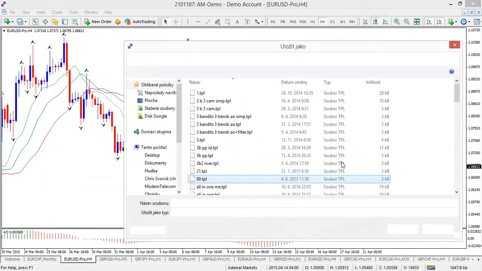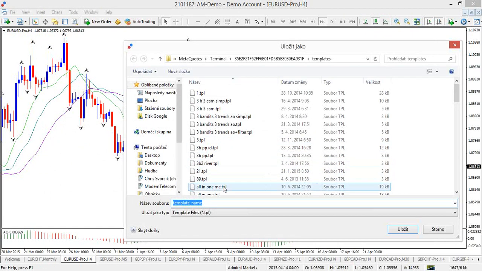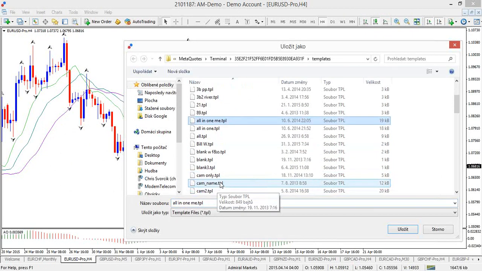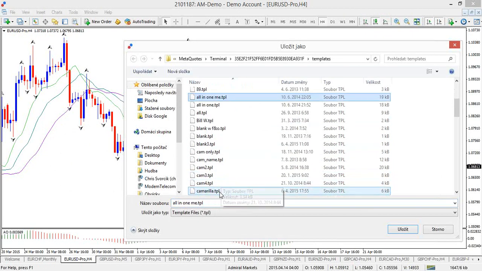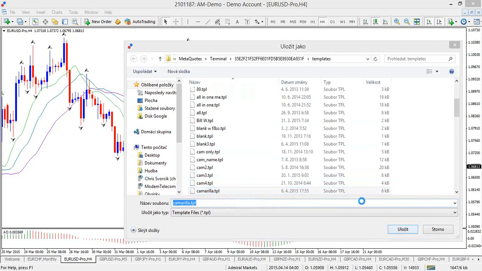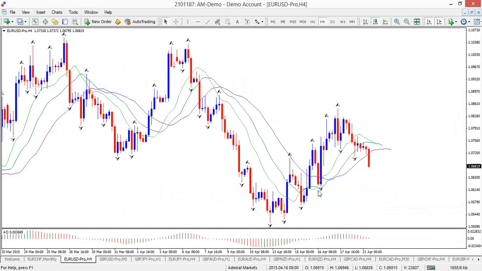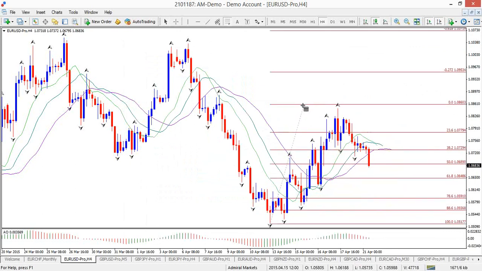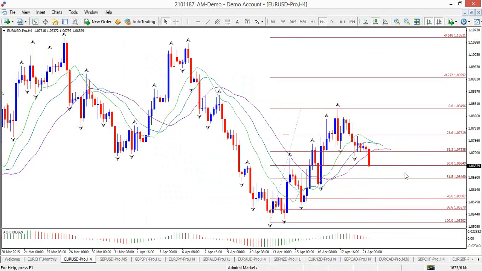So we see the euro dollar moving up pretty strongly, but now moving down. For me personally, I still think that there's a high chance that this is an expanded zigzag, which means if we put a fib from here to here, I would still expect a potential bounce at the 50 or the 61.8 fib, right? So for those that are interested specifically in Camarilla, I would just ask your patience